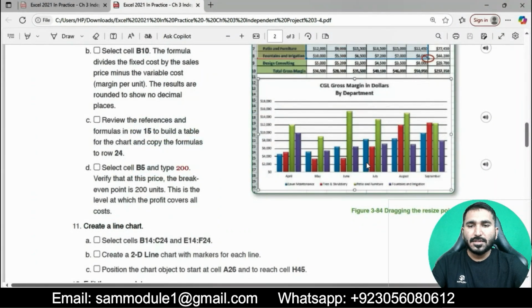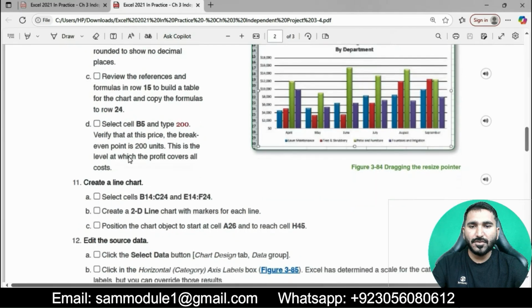Okay, select cell B5 and type 200. Verify that at this price the break even point is 200 units. This is the level at which the profit covers all costs. Okay, this is done now.